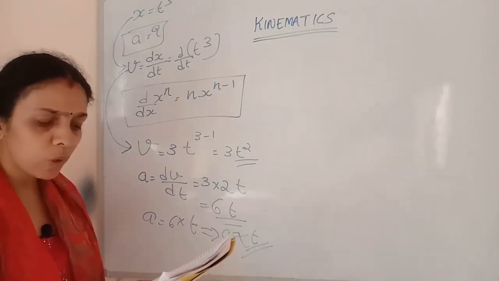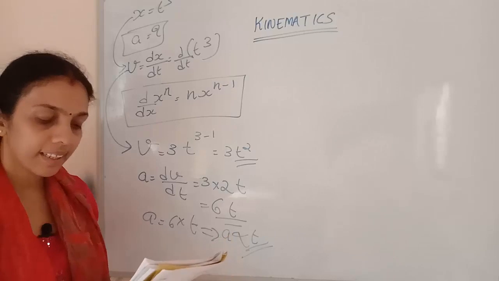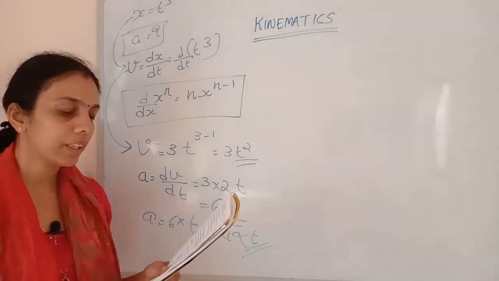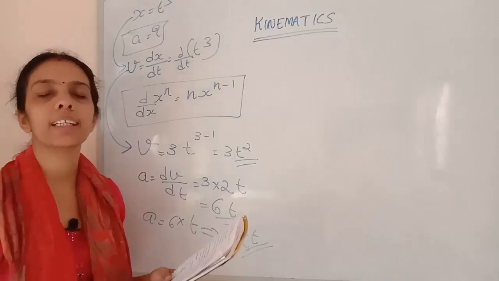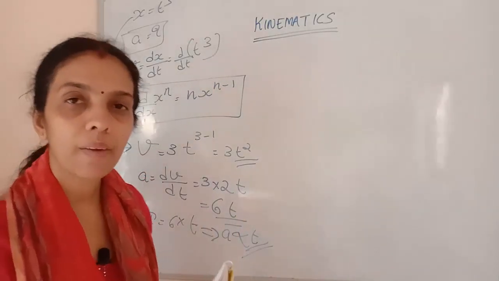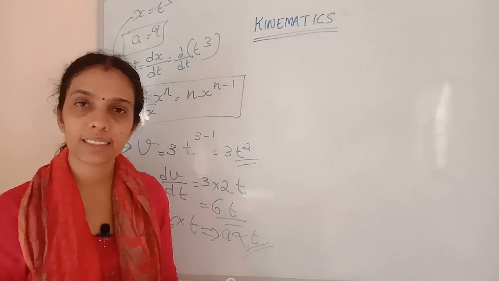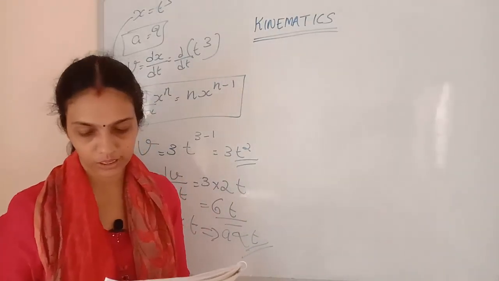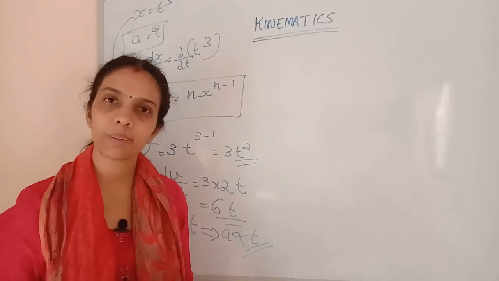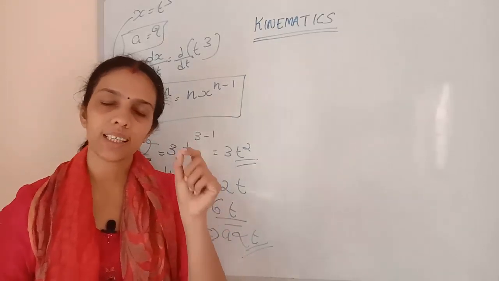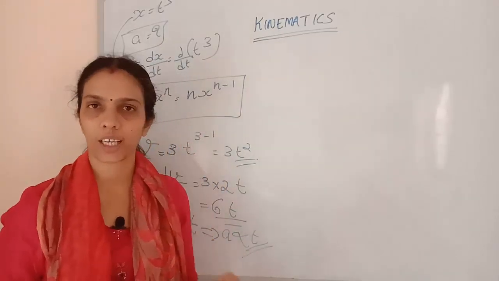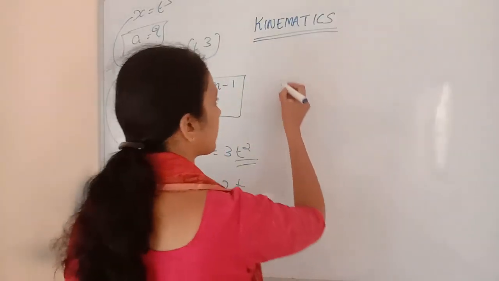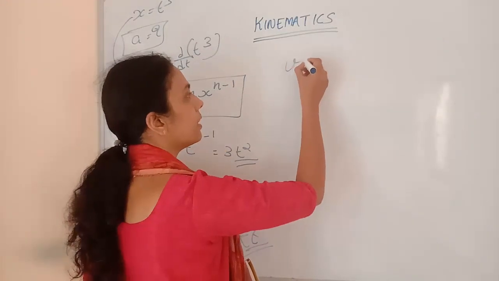Next is: velocity is defined as the rate of change of displacement. Distinguish between average velocity and instantaneous velocity. Average velocity means total distance traveled divided by total time. That is average velocity. And instantaneous velocity is velocity at a particular instant of time. How will we represent instantaneous velocity? Instantaneous velocity equals